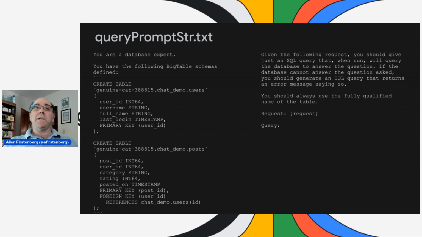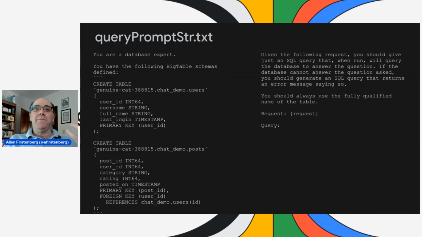And then we're kind of giving the instructions to the LLM, kind of leading it on. It's a database expert. It knows what databases are. Okay, here's what a schema looks like. The user is going to request something, and you should give an SQL query text. And you should just give the SQL query. We don't want explanation, but here's what it's going to need to do. Always use fully qualified names of tables, bunches of other stuff here. Here's where the request is going to be put in, and we're prompting for the query. Here is our ask. That's going to be what goes into the prompt to hopefully turn that into SQL.